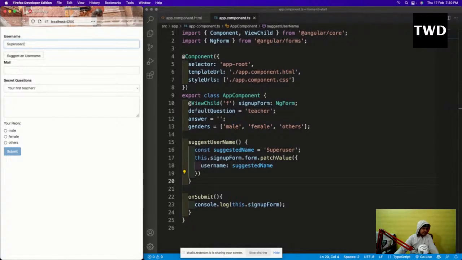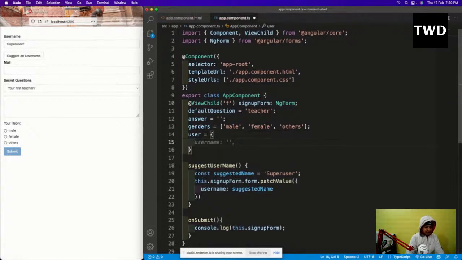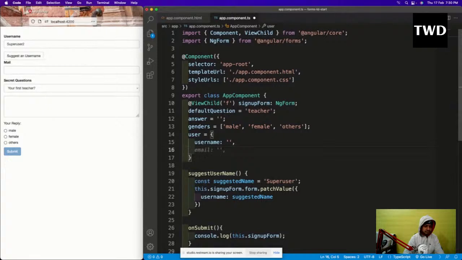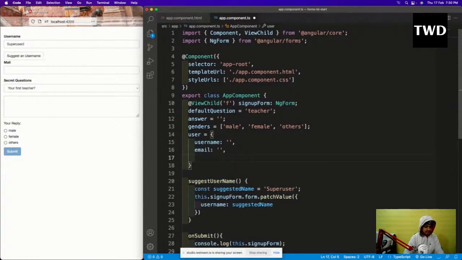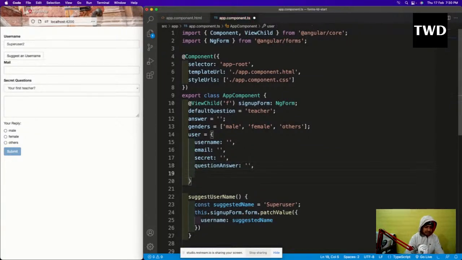For that, here only we are going to have a user. After this gender, we'll have user equal to like that, an object with username, email, secret question, answer, and gender, everything empty at first.